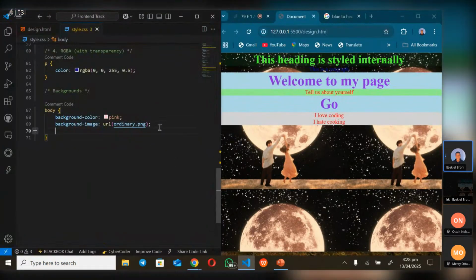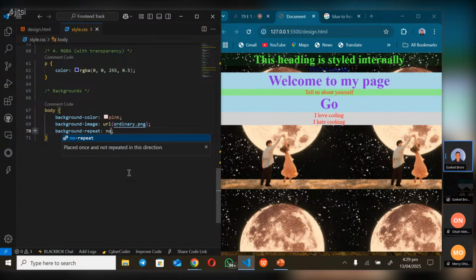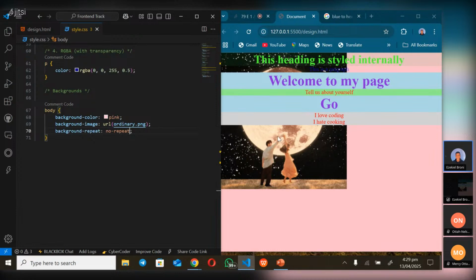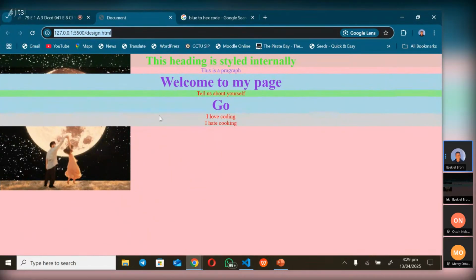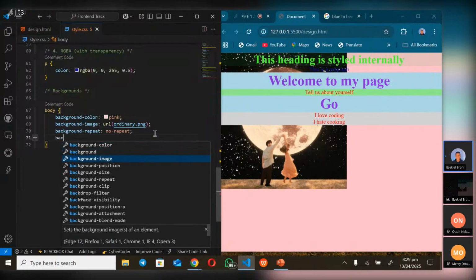That's when we have something called background-repeat, so that it doesn't repeat. So we say background-repeat, then we say no-repeat. When we use this, we have just one image. The image is very small, and because we're trying to cover the whole background, it repeats over and over in loops so that it can cover the whole background. You understand? So to do that, we have something called